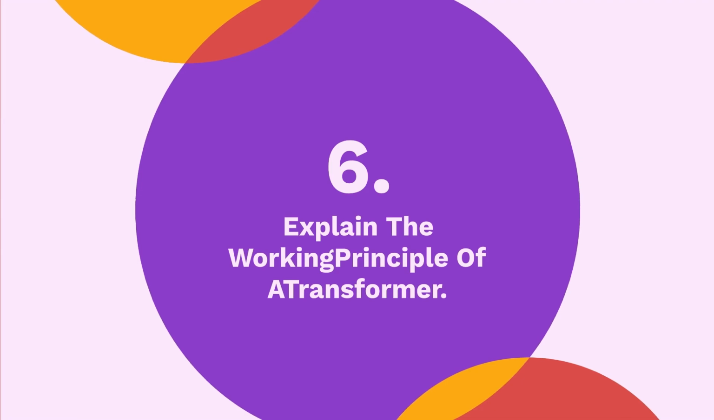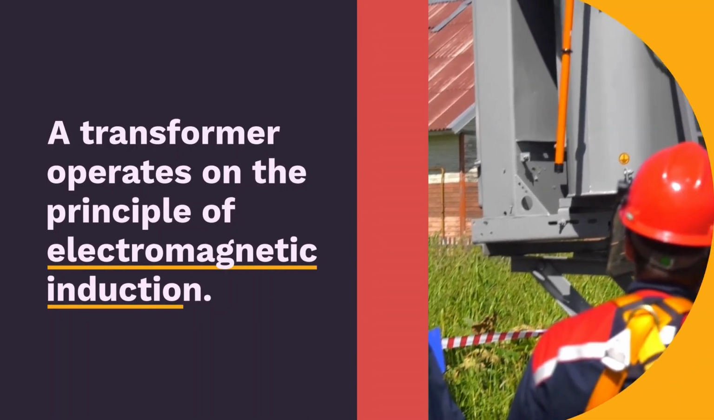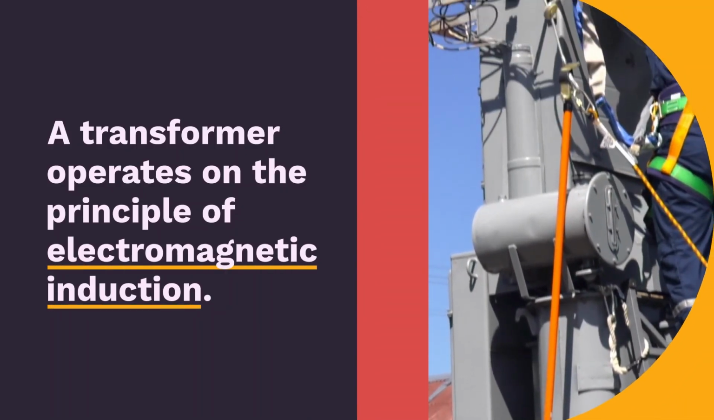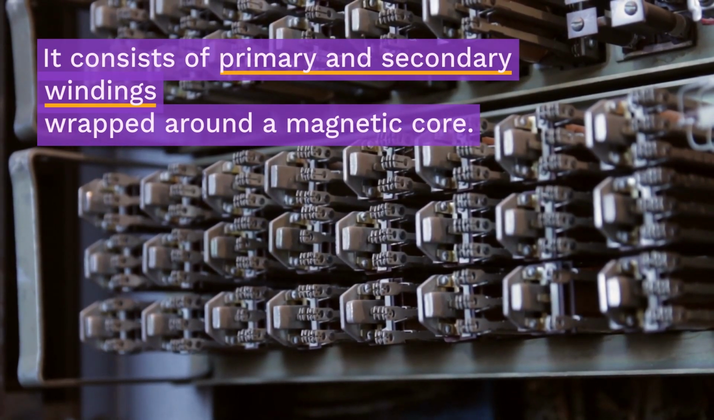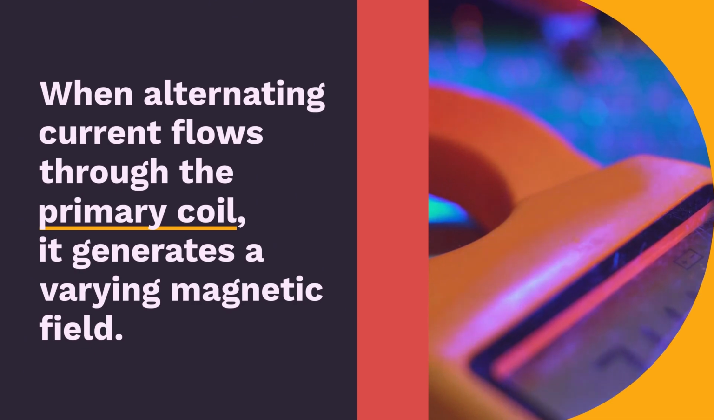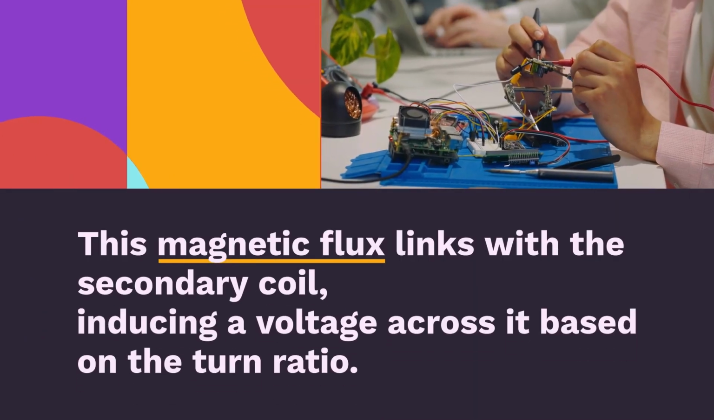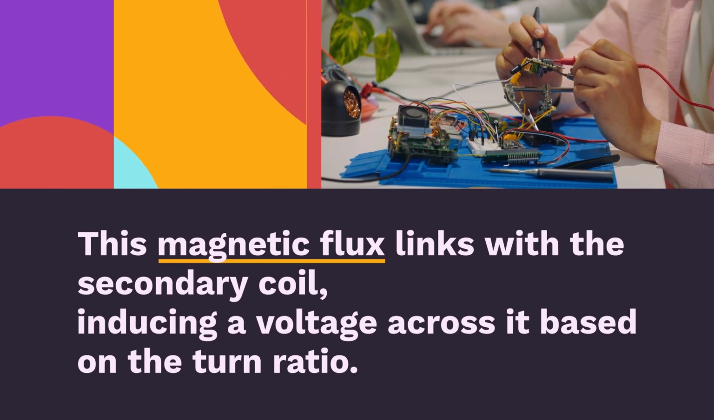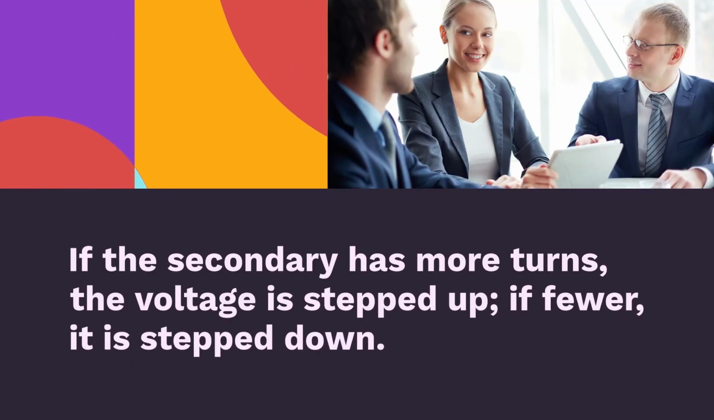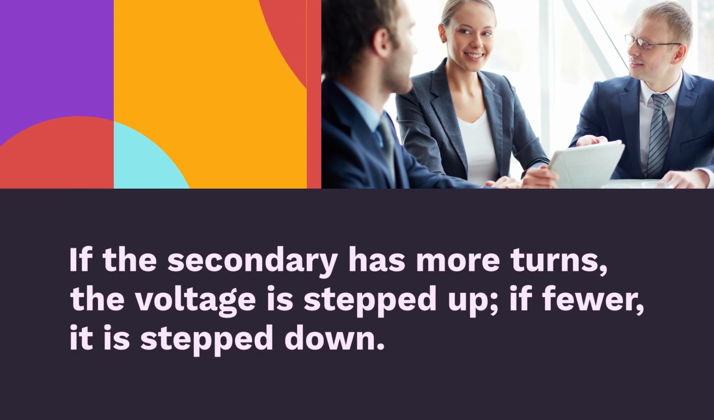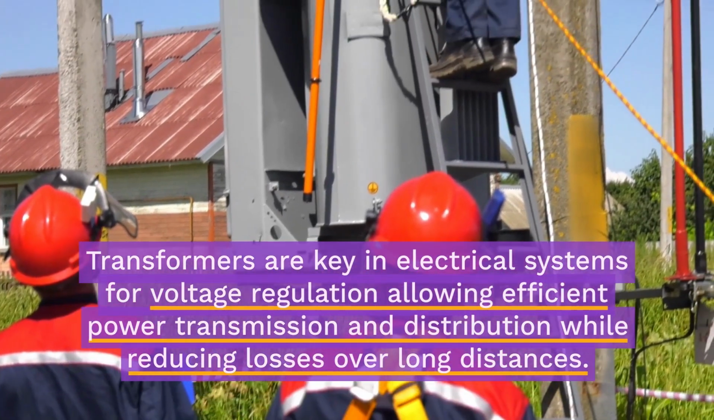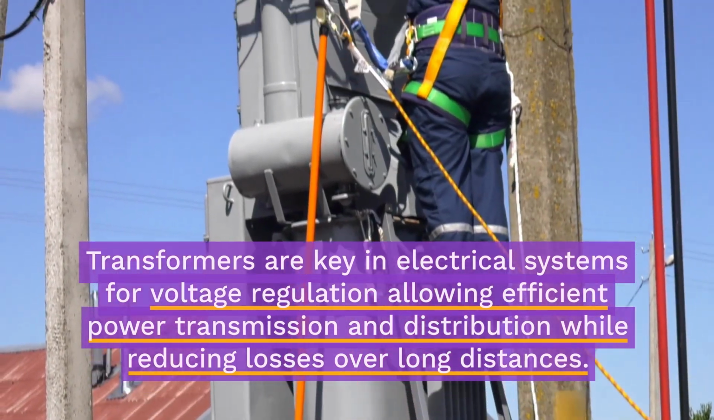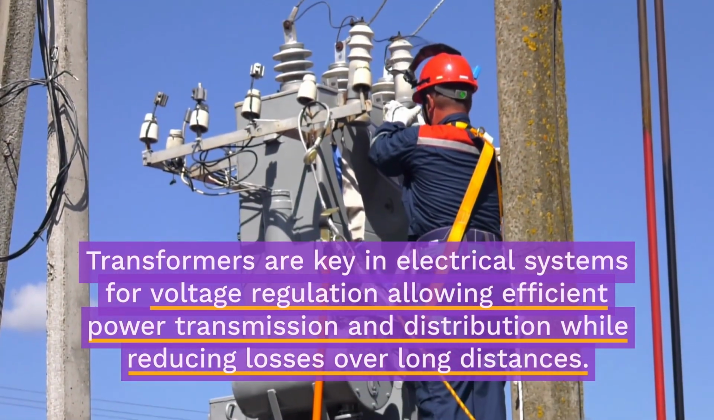6. Explain the working principle of a transformer. A transformer operates on the principle of electromagnetic induction. It consists of primary and secondary windings wrapped around a magnetic core. When alternating current flows through the primary coil, it generates a varying magnetic field. This magnetic flux links with the secondary coil, inducing a voltage across it based on the turn ratio. If the secondary has more turns, the voltage is stepped up; if fewer, it is stepped down. Transformers are key in electrical systems for voltage regulation, allowing efficient power transmission and distribution while reducing losses over long